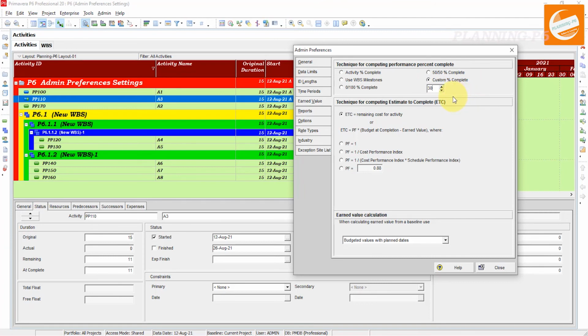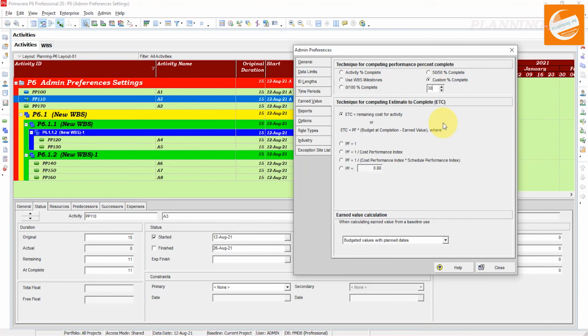And it will take effect when, after changing, you add a new activity or new WBS, then that setting will apply to your project. Some of your existing options you can use, but most of the options you cannot.